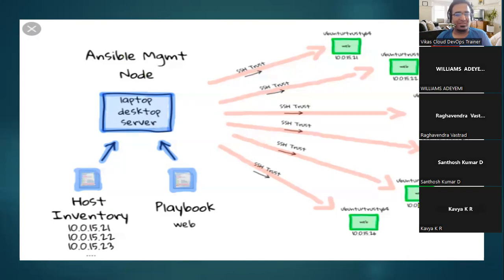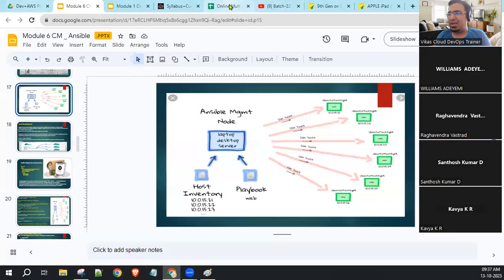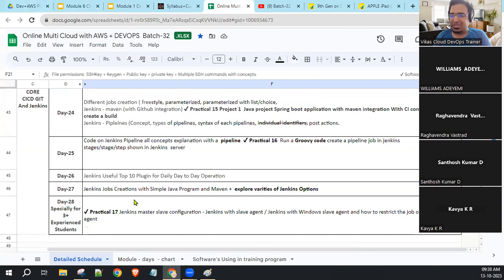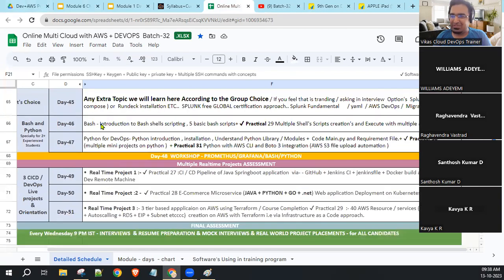Simple. I asked this question because people are still asking about shell scripting related things in interviews. That's the reason I asked. See, if they're asking, my course already covers that. I know that people are asking, so I will teach the shell scripting part as well. Whatever you are thinking, everything is already available in the syllabus. Yes. Correct.